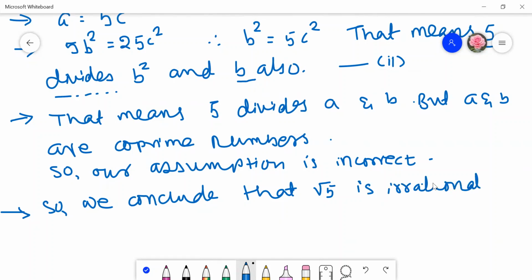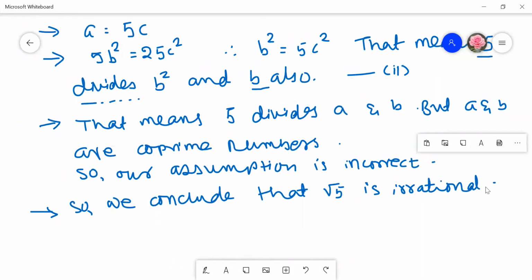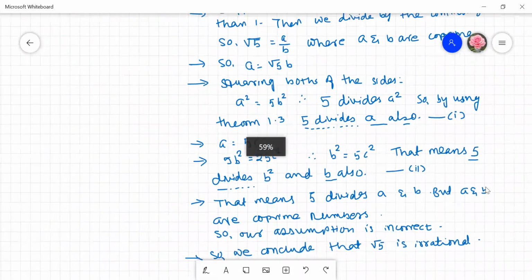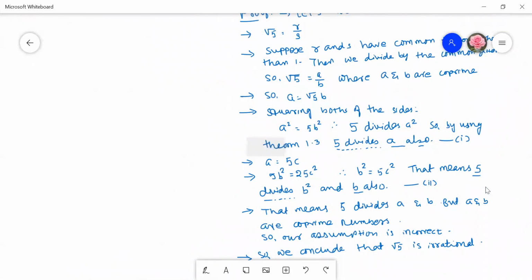So students, this is very easy to remember. I want to make you learn this theorem by heart. So first step will come. Suppose it is rational number. Now rational number means we are writing it in fraction form, right? R by S form. But we don't know they are co-prime or not. Suppose they are not co-prime. So we are dividing them by common factor. After dividing, we are getting in A by B form. So it is co-prime, right? Now we are doing cross multiplication. After doing cross multiplication, we are squaring both of the sides.